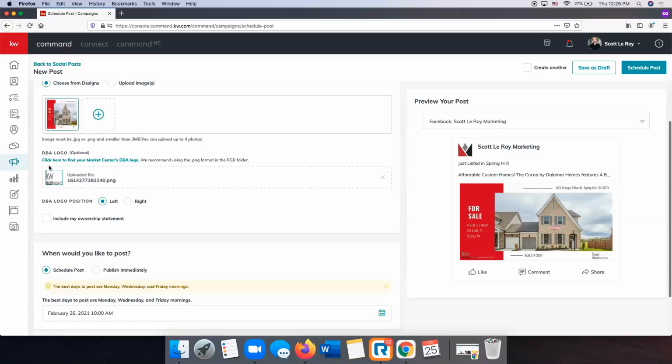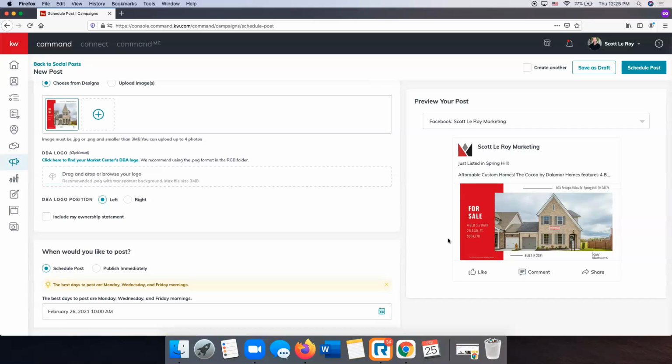Scrolling down, there is a DBA logo section that you can add on here. You can see it's kind of small on the screen, but on our piece, we had a logo already. What this is doing is, if this didn't have a logo, it's basically plugging in a logo on top of it. So you can see if I click right, it moves it over. You can see that's the logo it's referencing. Since I already have a logo on my piece, I can go ahead and remove this. I'm going to click the X here, and that'll take that extra